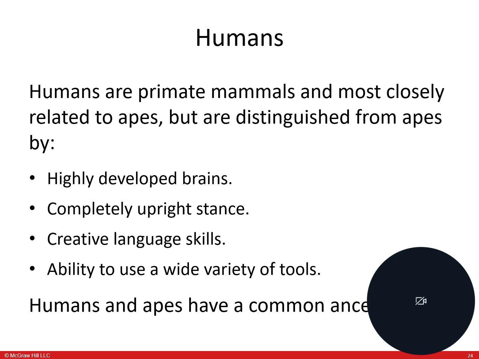We have much more highly developed brains. We are bipedal, so we are completely on an upright stance, and we have creative language skills. So not only can we learn a language, period, we can learn multiple languages or even nonverbal languages like sign language, for example. And because of our opposable thumb situation, we have the unique ability to use a wide variety of tools like hammers and forks and cups and things like that. Other animals couldn't ever come up with them, and even if we gave them the tools, couldn't use them due to the fact that they don't have those opposable thumbs. So again, our evolutionary history speaks to apes. We evolved from apes, according to science.